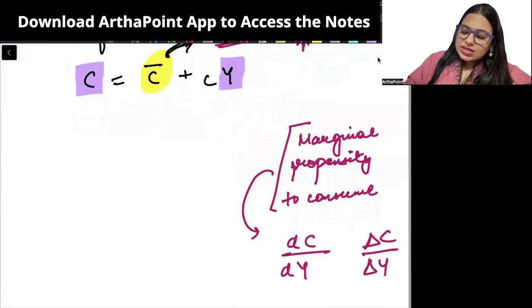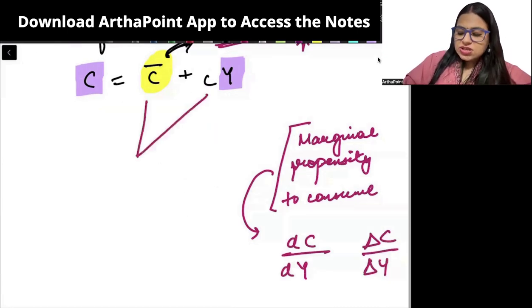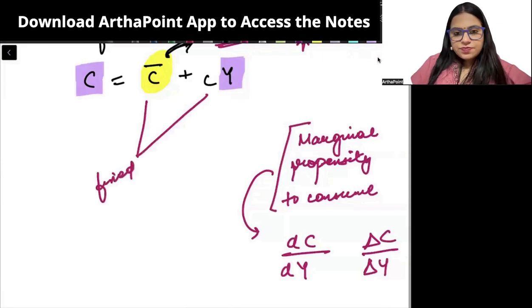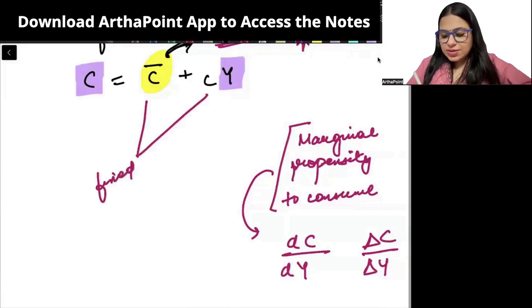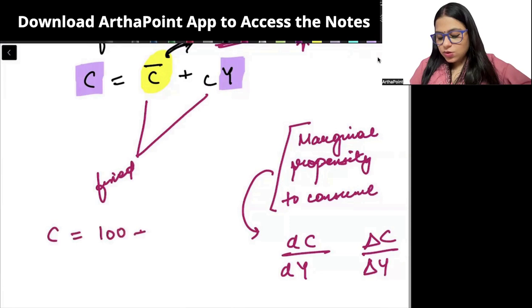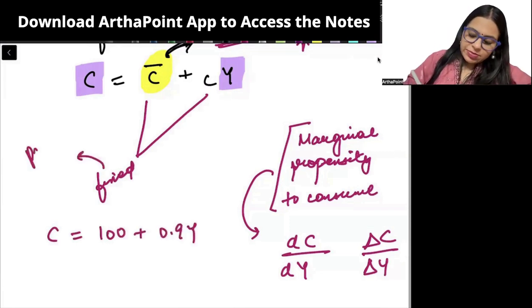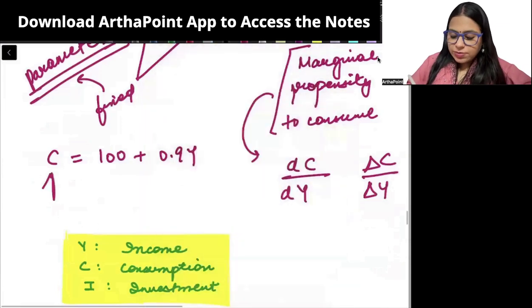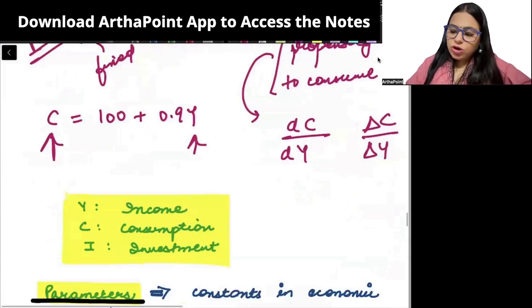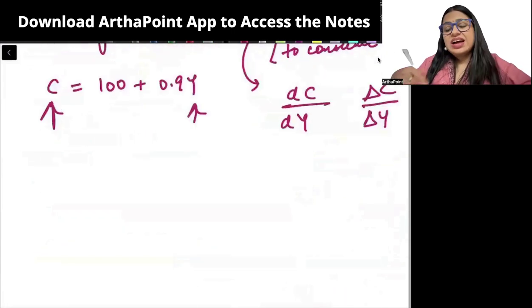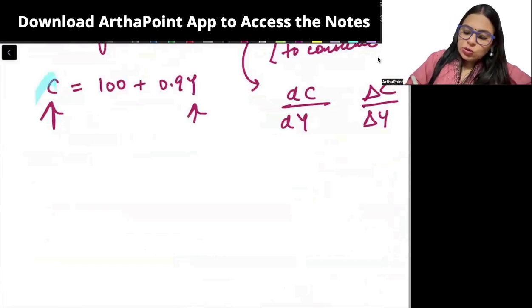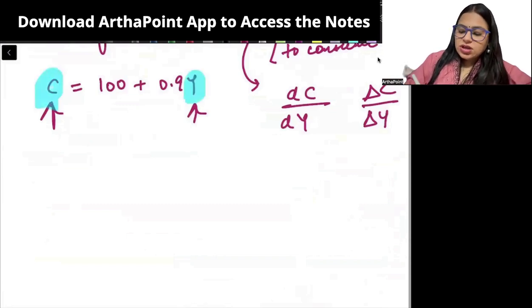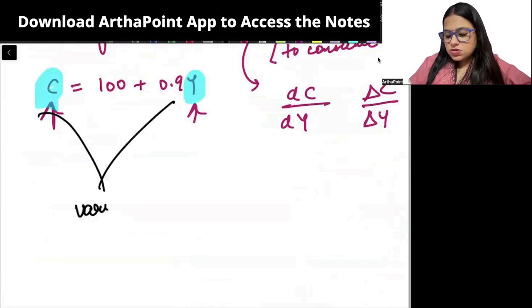अब usually किसी भी मॉडल में ये दोनों चीजें हमारा फिक्स्ड रहेंगी. These will be fixed, right? This will be given to you. जैसे हम ऐसे लिख सकते हैं कि C is equal to 100 plus 0.9y. तो these are called as parameters, है ना? And we will want to go ahead and find out the equilibrium consumption and income. उस मॉडल के अंदर हमें कंजम्पशन और इनकम निकालने को होगा. So what we need to find out, those will become my variables,